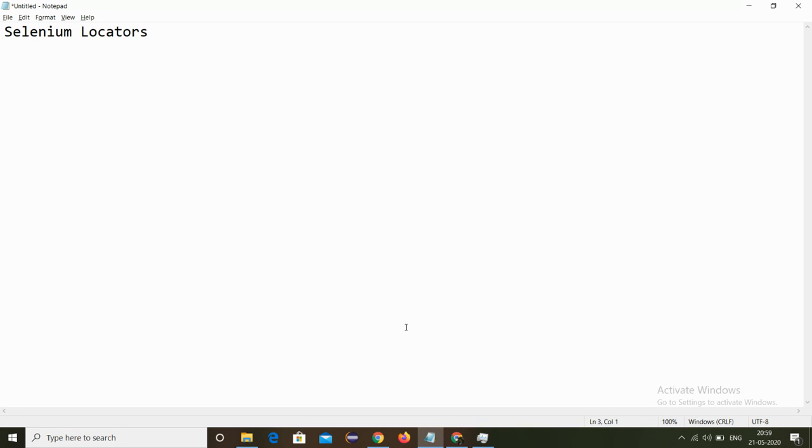So today we will be continuing with our Learn Selenium series. Today we will learn what the web locators present in Selenium are. Web locators mean, in a web page which we will be automating, there will be multiple elements present. In that web page we need to interact with those elements. There are different methods available in Selenium using which we can interact with those elements. So today we will be covering that.